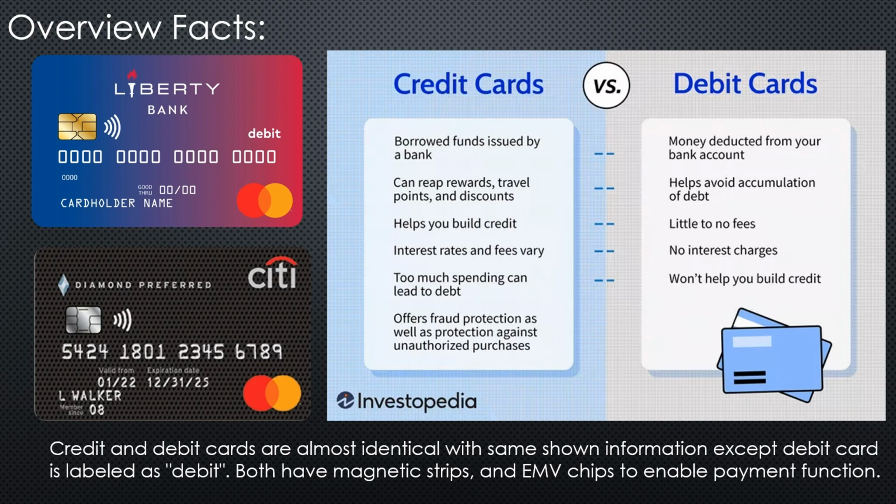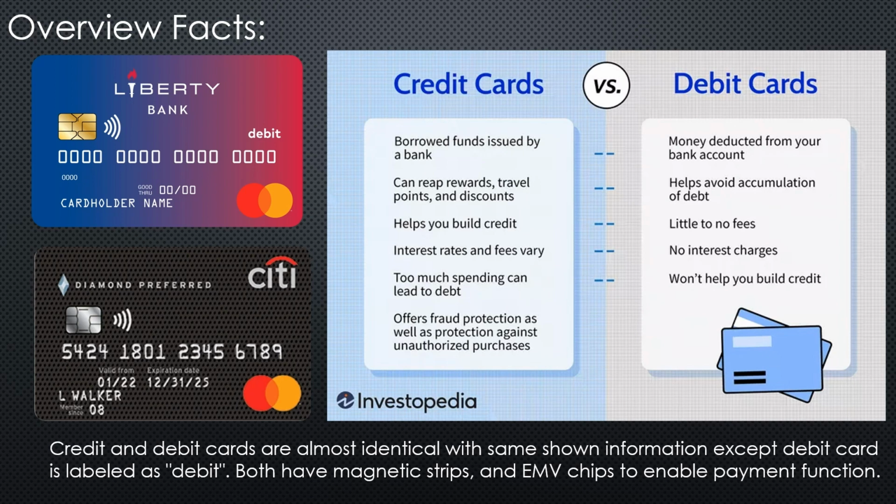For this part, we will talk about an overview of the credit card and the debit card. On the left side, we have two cards. One is a debit card, labeled as debit. The one on the bottom is a Citi credit card. Those two cards look very similar. They use very similar technology too, and they include the card number, the cardholder name, the expiry date, and